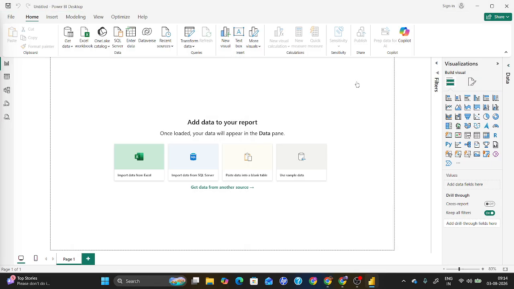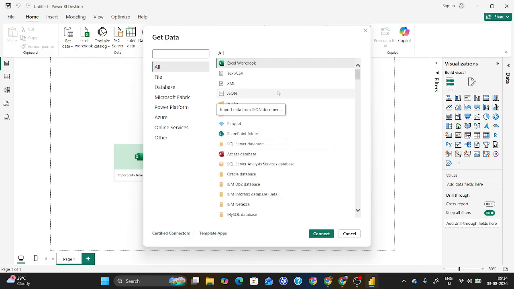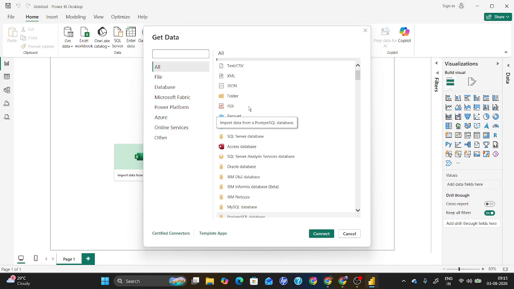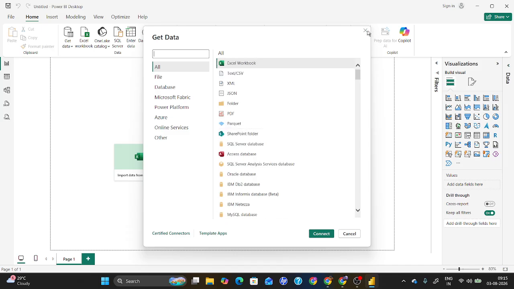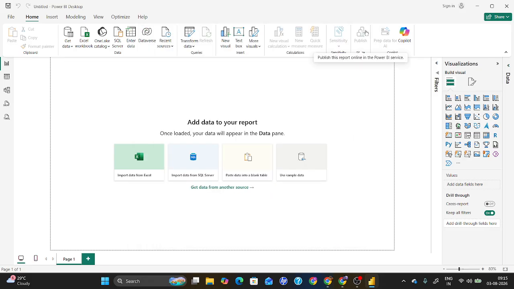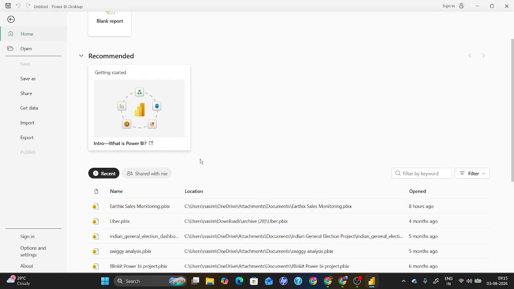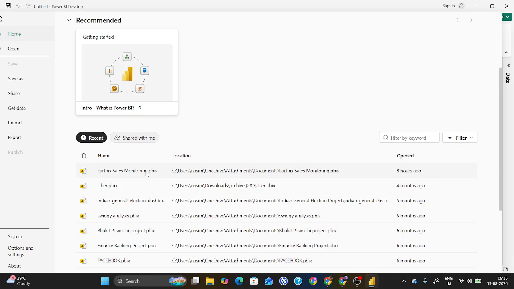If you click on this, you will get different options again, right? You see, you are getting different options to import data from. We are going to explore this part in the next videos where we will talk about how to import data. Okay, so as of now, let me show you the dashboard that I have built